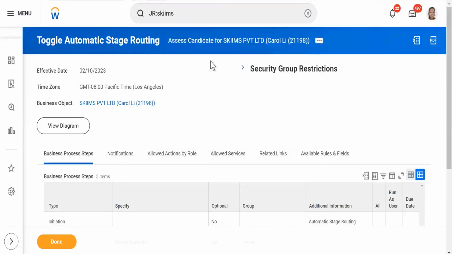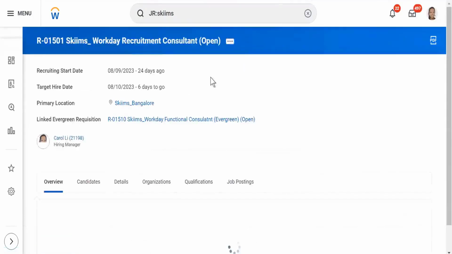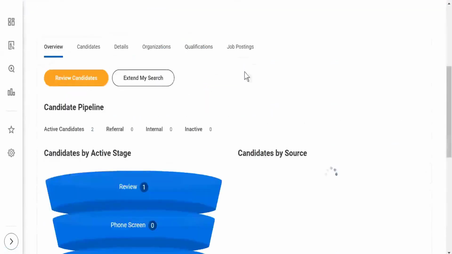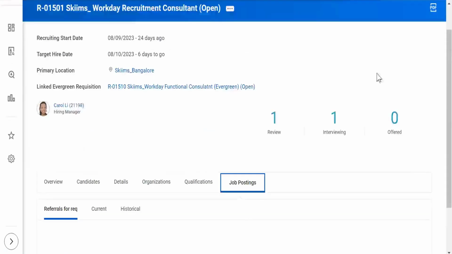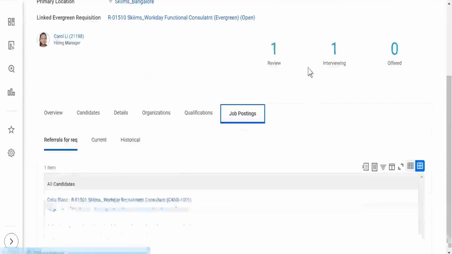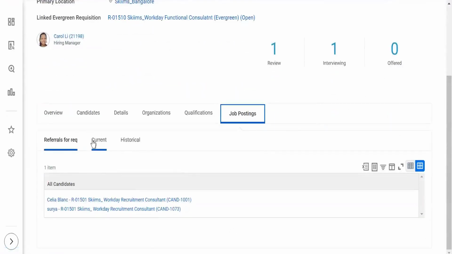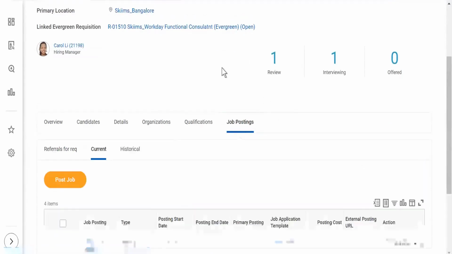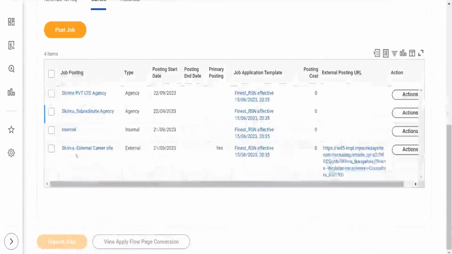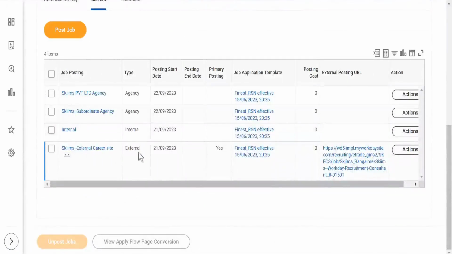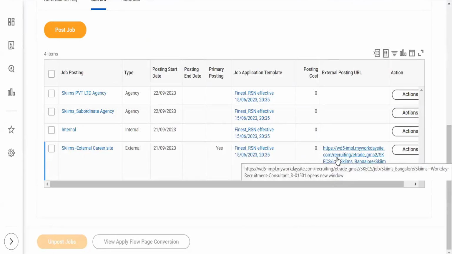Something, work to recruitment, you see here? We have already done the posting. We already have the URL. You have already done that, external career site, see here. This is our URL. Right, this is the URL. Once you click on this,